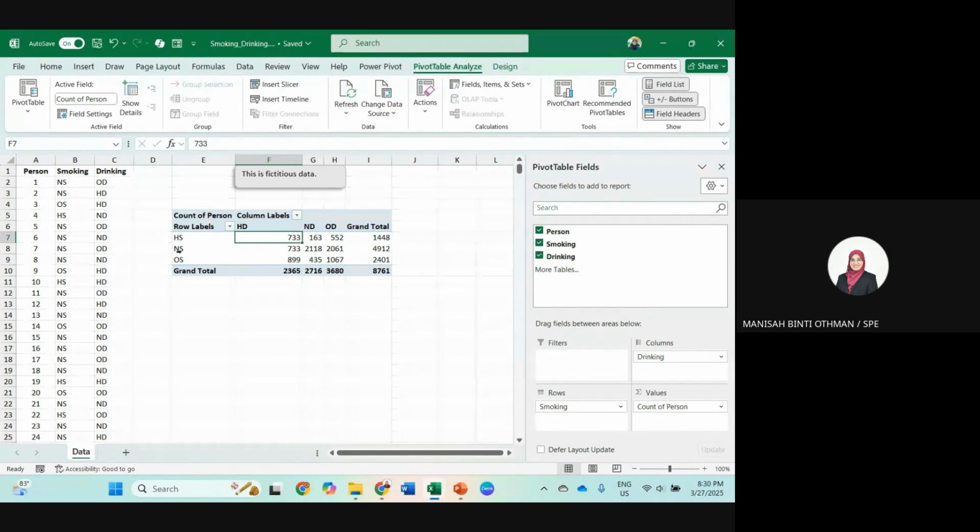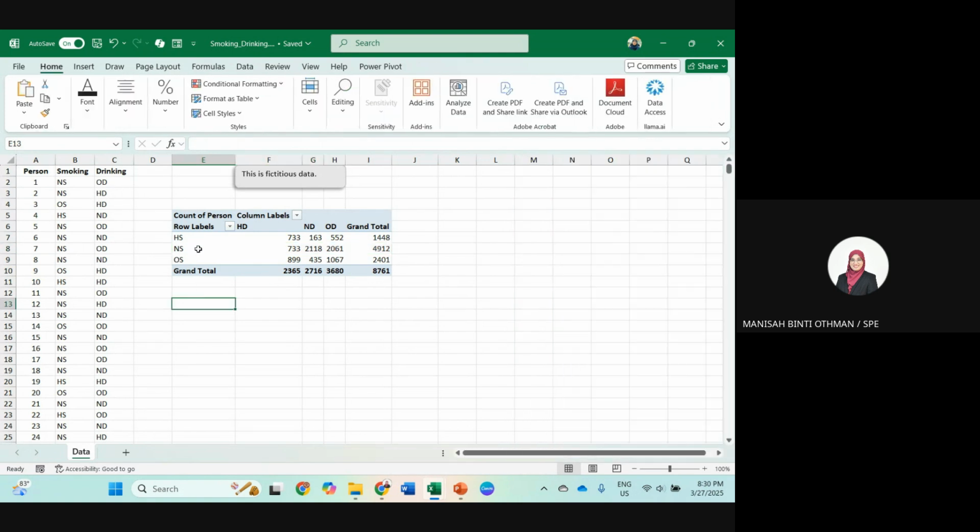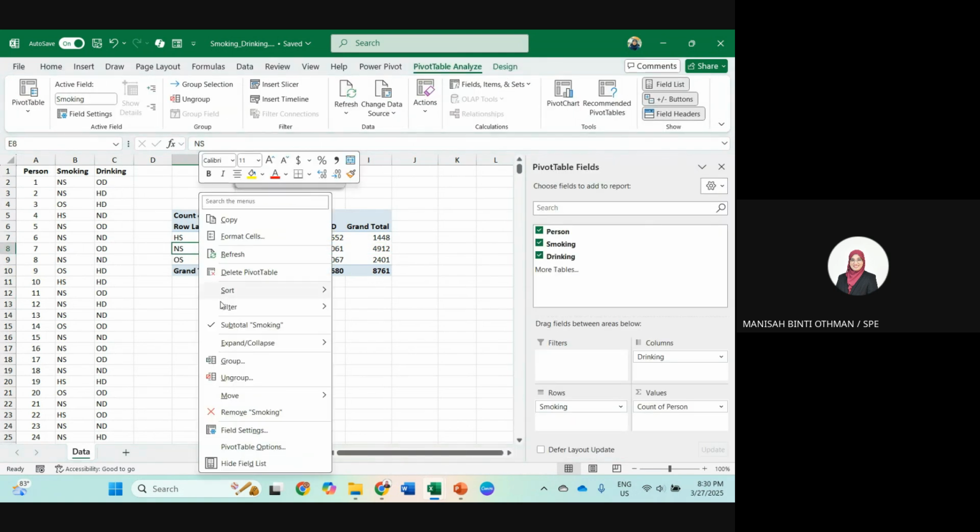Then you need to arrange it, let's say we want to start with non-smoker. So this should be in sequence: either non-smoker, ordinary smoker, heavy smoker, or heavy smoker, ordinary, and non-smoker. When you display, it should be in sequence. Click the cell, move it.